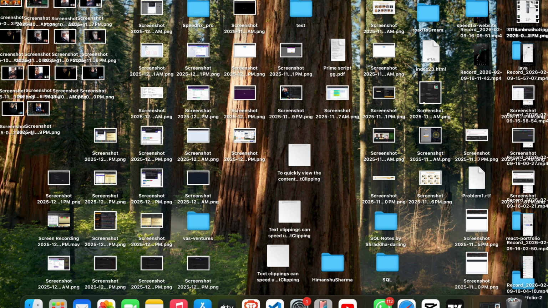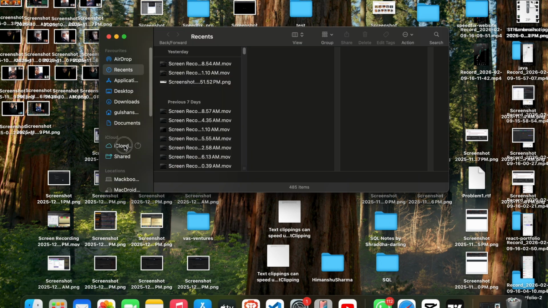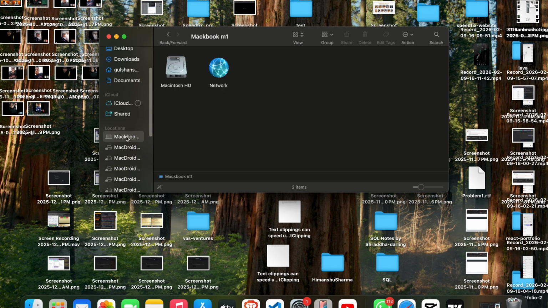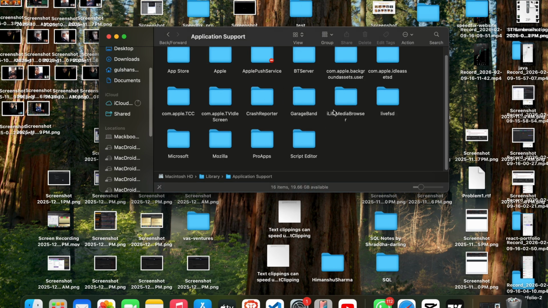The next step is you can simply clear the app cache and memory. So if your app has cache memory, you will find it in the library folder. So you can simply go to your iCloud folder. Then after here you can simply click on the macOS HD. Then after go to library, go to application support, and here you will find the TradingView name if any cache